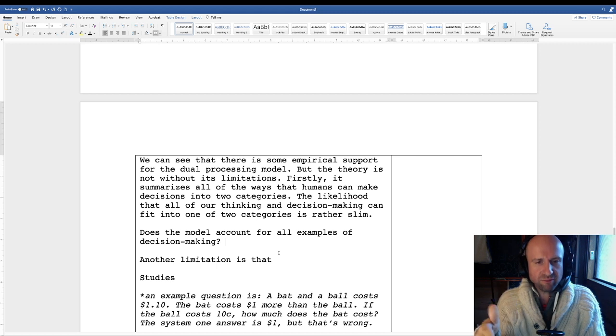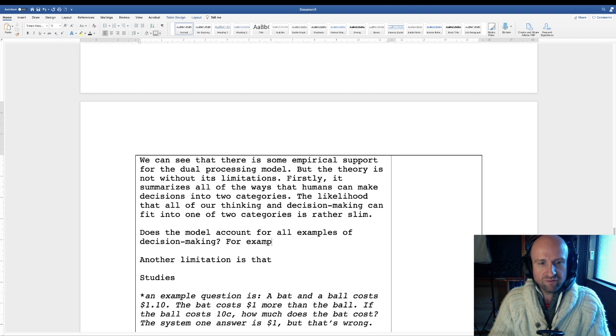So in my thinking here, I was thinking, does the model account for all examples of decision making? And then I realized, yeah, hang on, what if there was actually something important as a consequence to these decisions? Does the model account for all examples of decision making? For example,